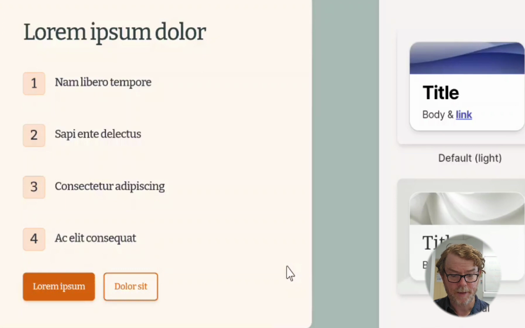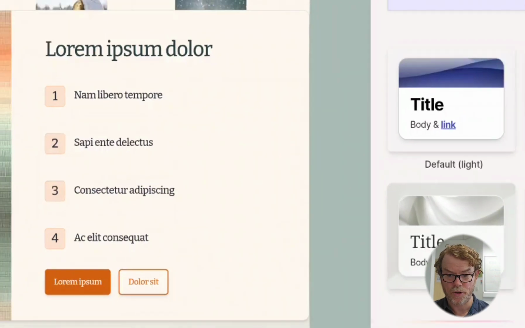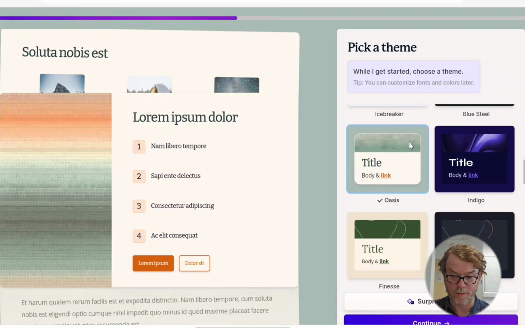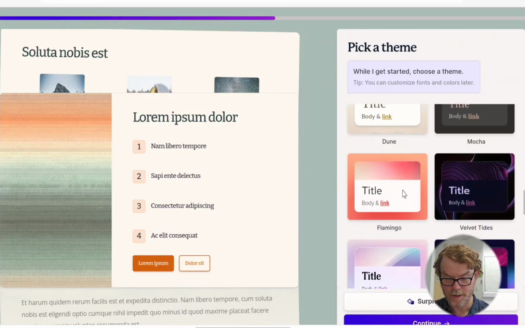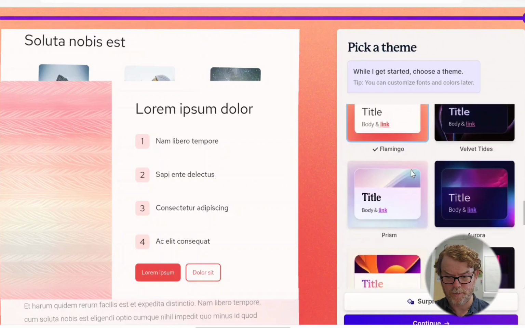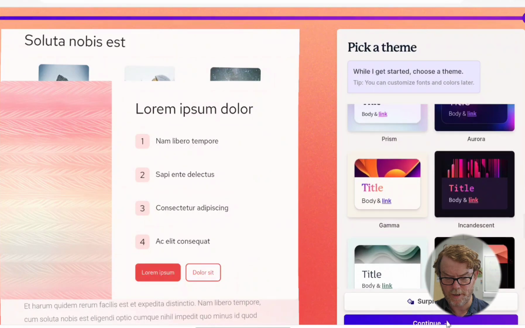Continue. As it's creating the presentation, you can choose the theme down the side here, the different colors, or it will just pick one for you. I'll just pick a sort of flamingo one for now. Again, all of these things can be adjusted later. Okay, all right, seems to have done that. So now if we come down there and just click on the continue button at the bottom,